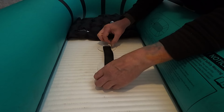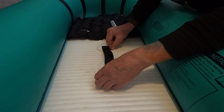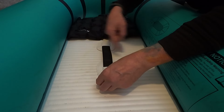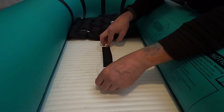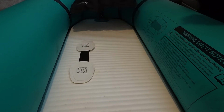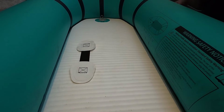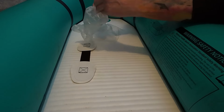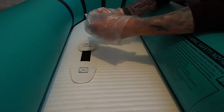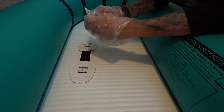I'm not going to measure it out on either side because I'm not overly precious about that. I just want it roughly in the middle of the width of the boat. So I think there will do. I'm going to roll that back, move this out of the way first. Got a couple of bags that I'm going to use as gloves because I don't have any gloves. And then what I'm going to do is